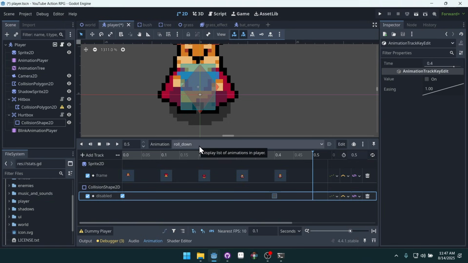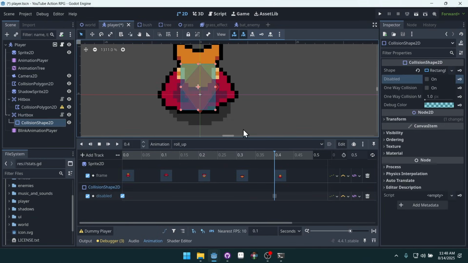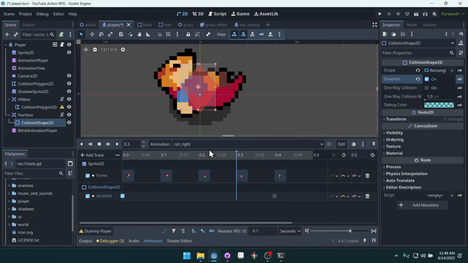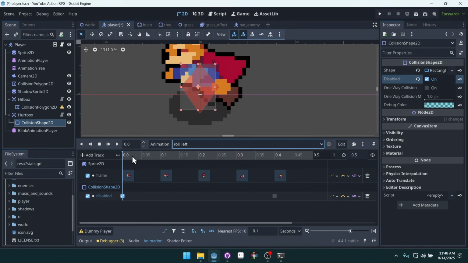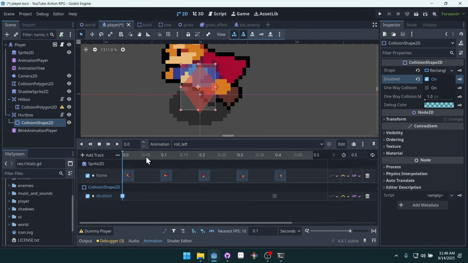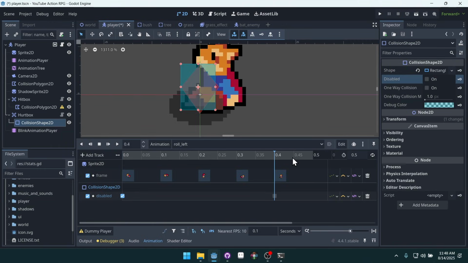So now I'm going to pause the video, and you can pause the video, and I'm going to do the other roll animations off screen, and then you can do it as well while the video's paused, and we'll compare at the end. Okay, so I've got roll up here, roll right, roll left, and we'd already done roll down,